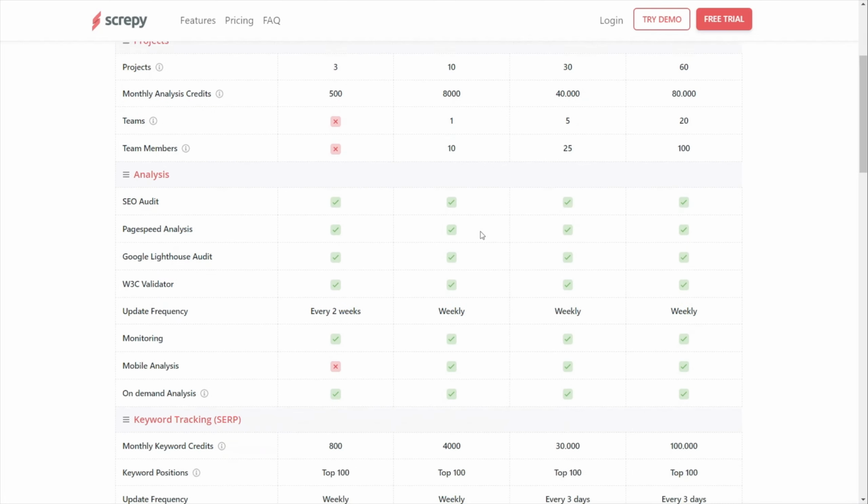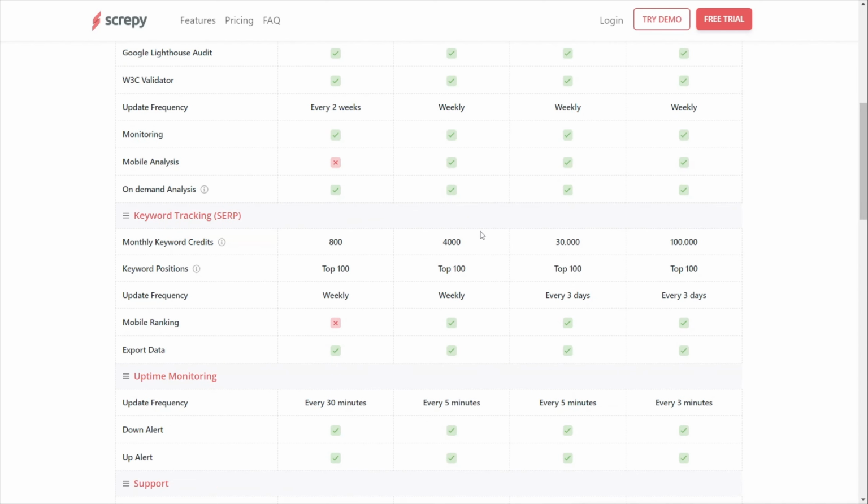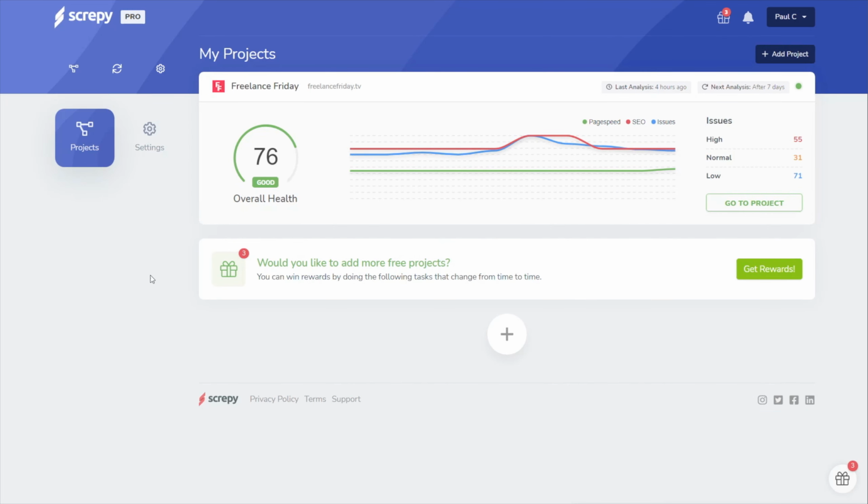And this gives you pretty much exactly the same as what you can see that we've talked about inside the AppSumo deal. There might be some slight discrepancies on some of the things you have with it, but we do have to bear in mind we are only paying once for this and then we get lifetime access to that plan. So if we hop back over into my dashboard for Screpy, you can see I've already gone ahead and